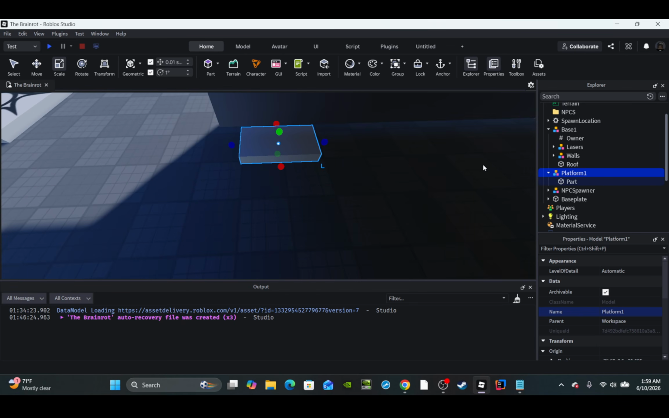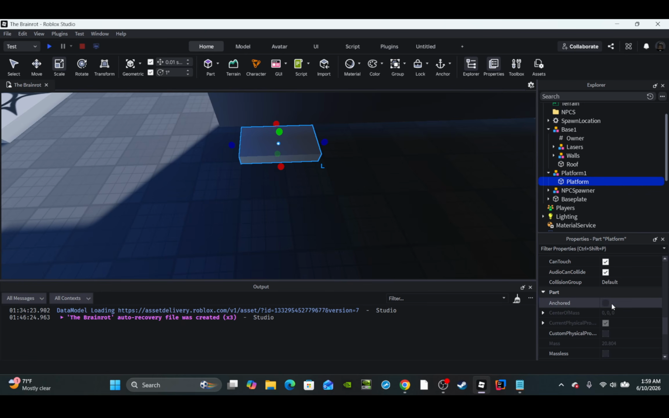You just want to keep incrementing the numbers, increasing them. No two platforms should have the same name, right? Now the part inside will literally just be called the platform, because this is the actual platform part. This is where the NPC will stand. So we can go ahead and make sure this is anchored, can't collide is enabled. And then